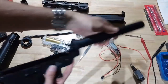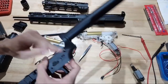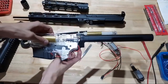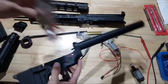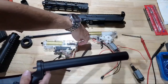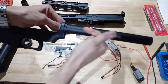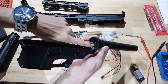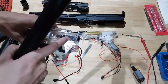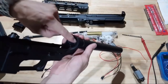So here's the cool thing. The buffer tube bolts in there like that. So that's going to be nice and solid. You would have to snap this whole end of the receiver to break that. This also screws into the back of the gearbox where the spring retainer is. Now the standard spring retainer is plastic, so it doesn't really do much. But if you get the updated one with the metal retainer, you may notice it's actually got a hole threaded down the middle of it. And that's what this is about. So when you screw this buffer tube in, not only does it screw the buffer tube into the back of the receiver here, but it also screws into the back of the gearbox, into the back of the spring seat. And it therefore anchors the spring seat and the back of this into the receiver and the buffer tube and